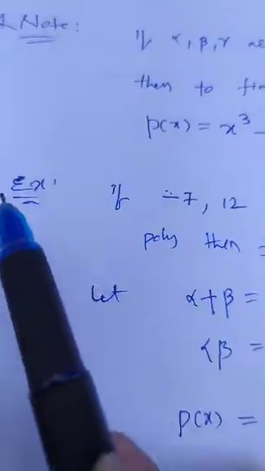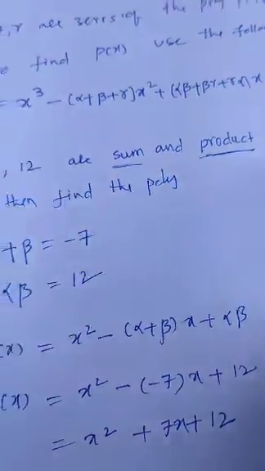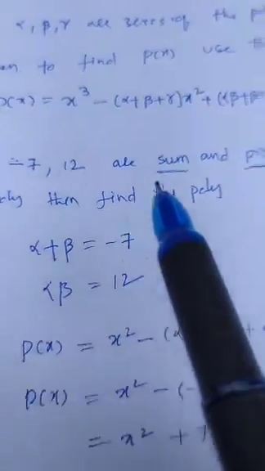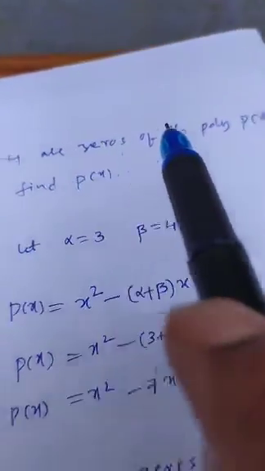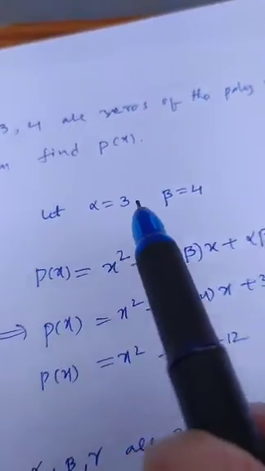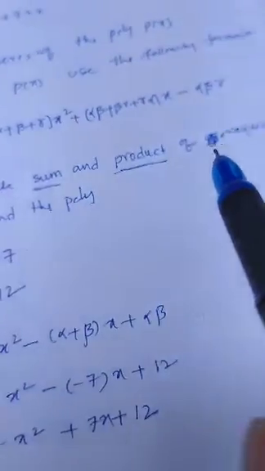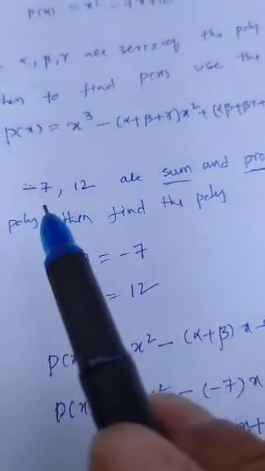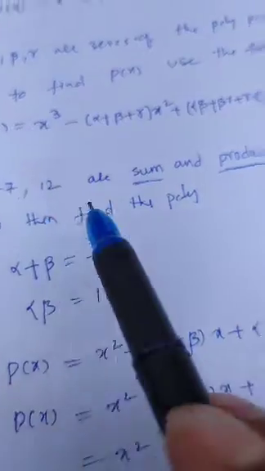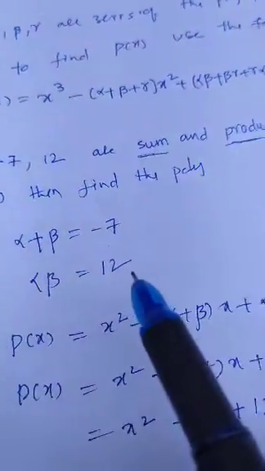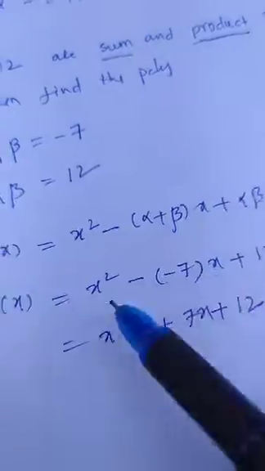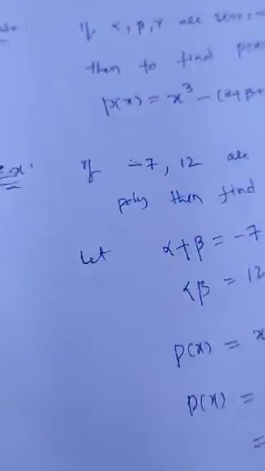Okay. So sometimes he will give the sum of the zeros and the product of the zeros. So you should read the question properly. What is given? The zeros of the polynomial, or the sum and product of the zeros of the polynomial. If the zeros of the polynomial are given, say 3, 4, then take them as alpha, beta separately, then substitute here. If the sum and product of zeros of the polynomial are given, then take the first value as alpha plus beta, the second value as alpha into beta, then substitute in the given formula.